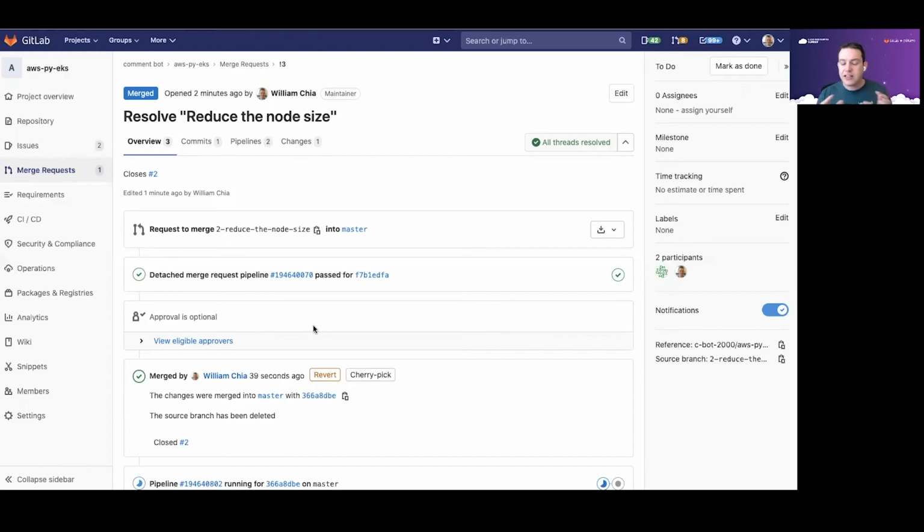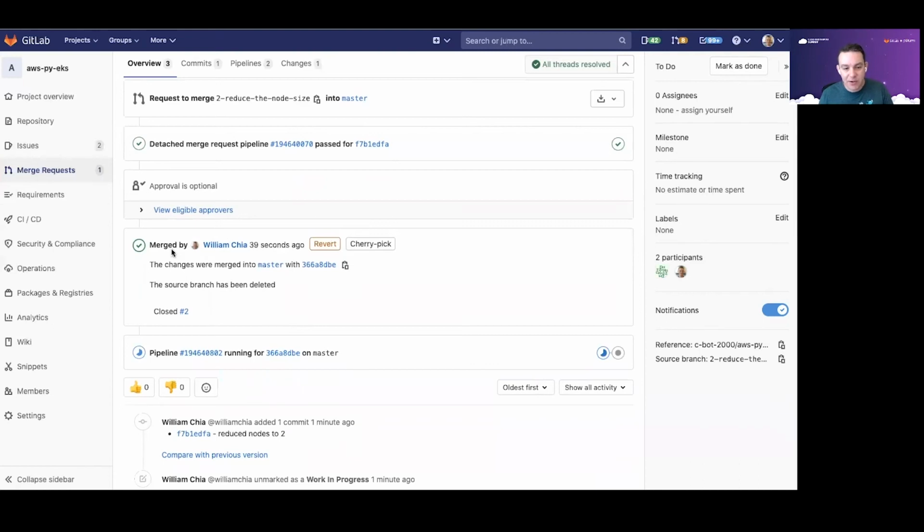And so this allows you to stay compliant as well with your internal compliance policies, or if you have regulatory compliance. And it's a lot faster and a lot more automated than having that change management meeting. So this is a much more modern way to do it. What I can see here is as I've merged, it's gone and kicked off a pipeline